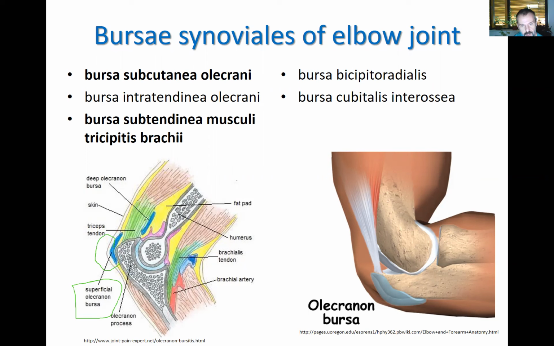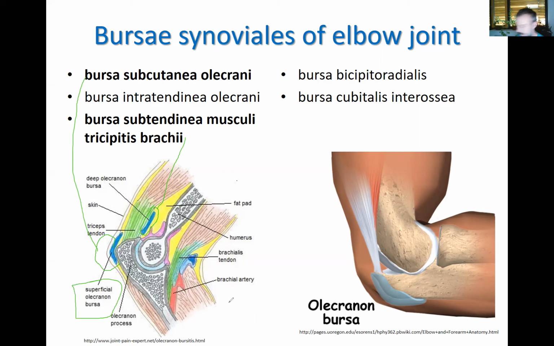Then this deep olecranon bursa is between the tendon and the bone. So this we call subtendinous bursa of triceps brachii muscle. So that's this one, and this one is here. And then we can find some bursae ventrally, like bicipitoradial